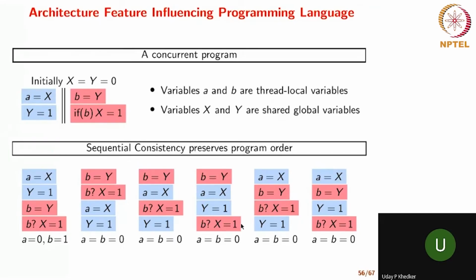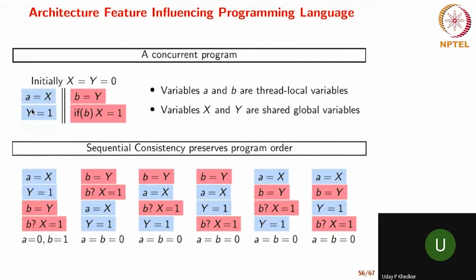So the sequence within a thread is preserved, and it's called program order. You have written the program in a sequence and you're preserving that program order. There is a sequence between this and this, and between this and this, but these are expressed as parallel, so there is no sequencing across them. You might jump from here to here, or from here to here, whatever.